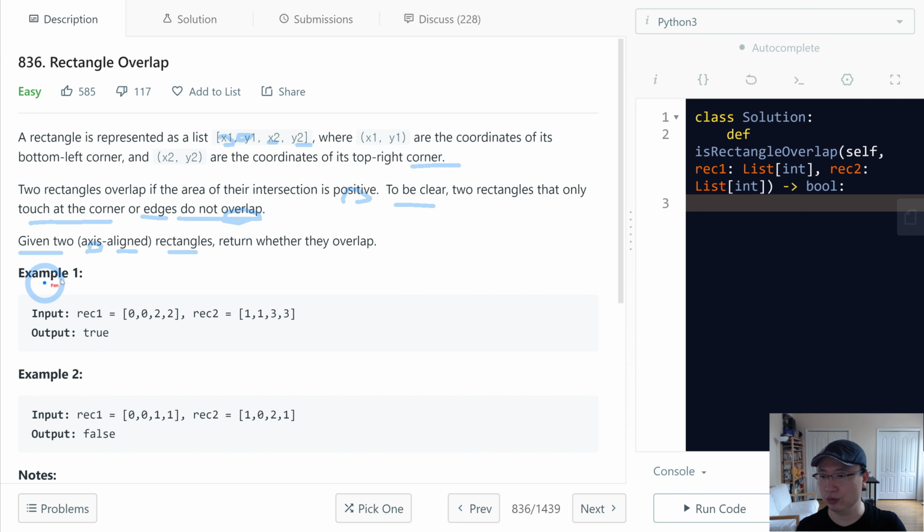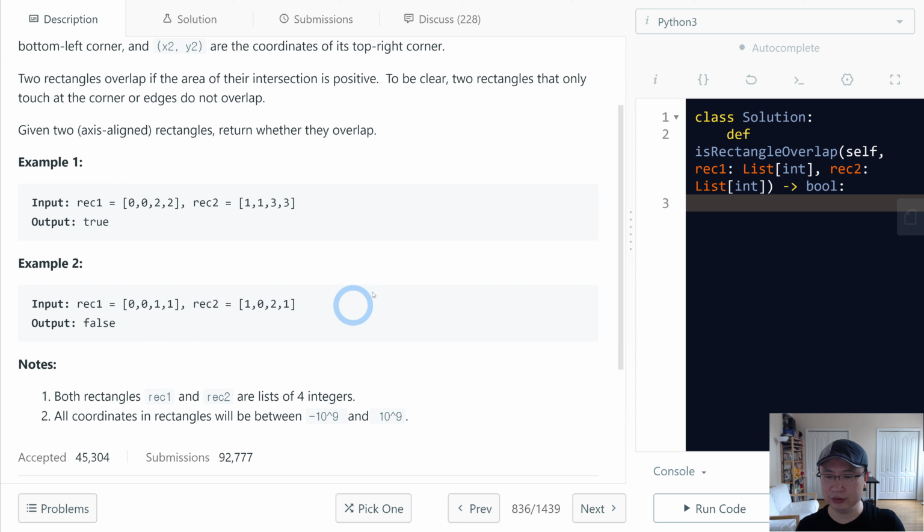Let's check with example 1. There is a two-dimensional axis, x and y, and the first rectangle starts from (0, 0) and finishes at (2, 2), so the rectangle is here. Another one starts from (1, 1) and goes to (3, 3). So is the rectangle overlapping? Yes, so return true. And then in the case of example 2,